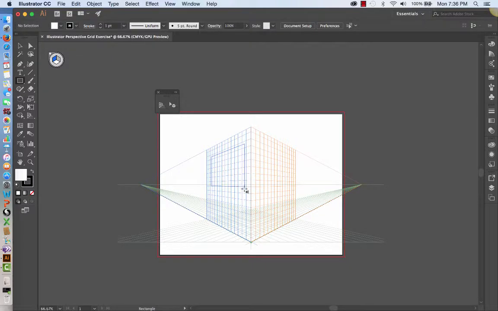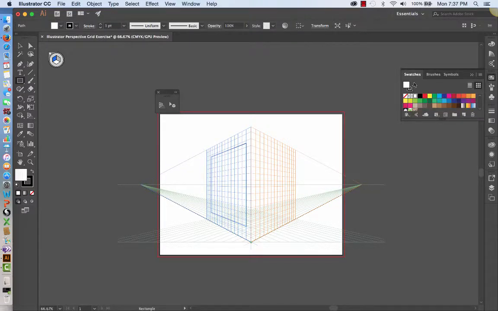And we can draw it so that it is right on that left plane. If we want to be able to see that a little bit better, let's go up to the swatches panel, and you can still fill it with color and stroke it with color as well. You can increase the stroke size just like you do with a normal